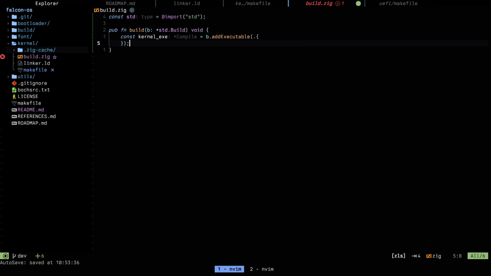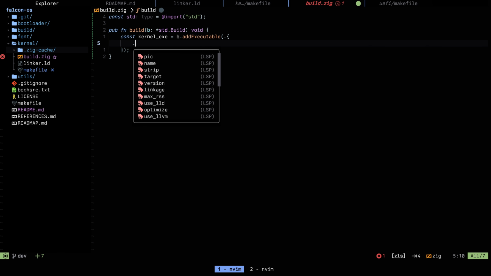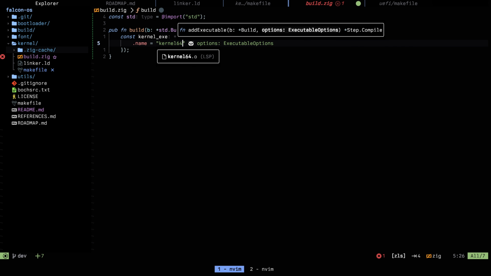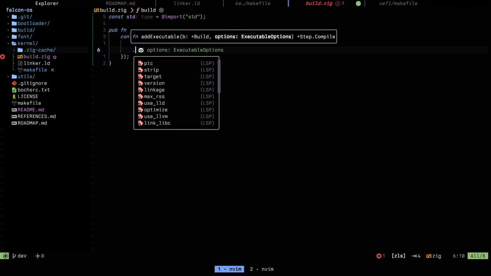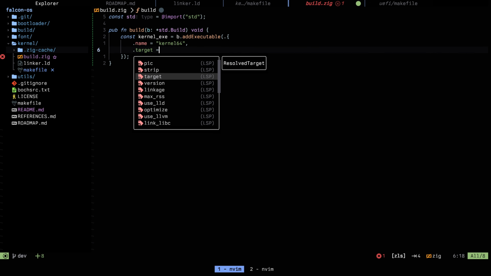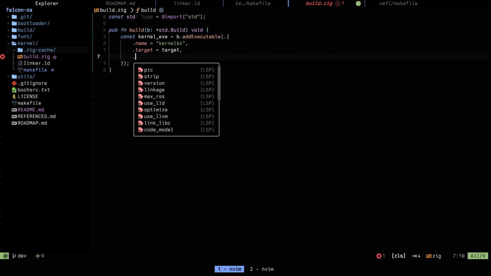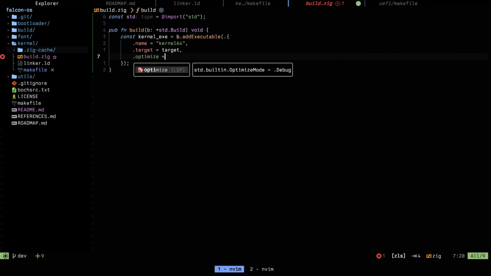But what are these options? So I guess we want a name, and the name would be kernel64. We want a target, and we will create a variable for that. We want an optimize,